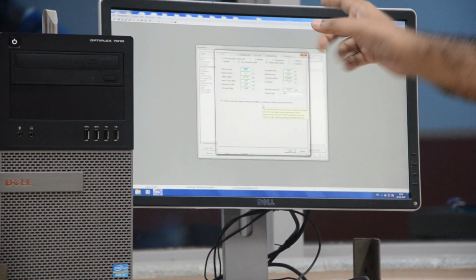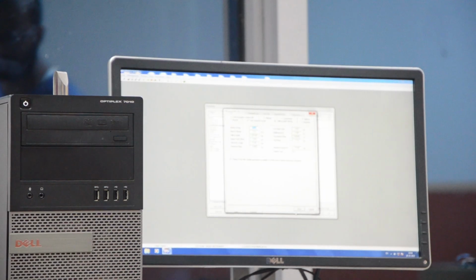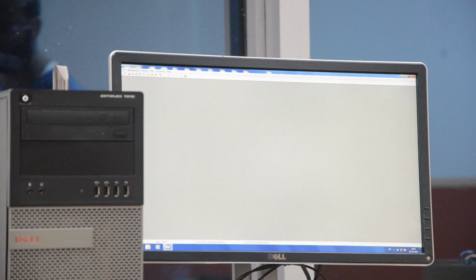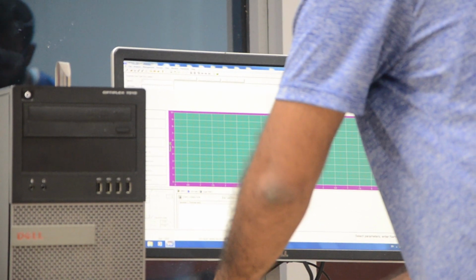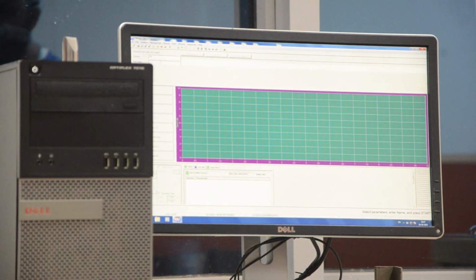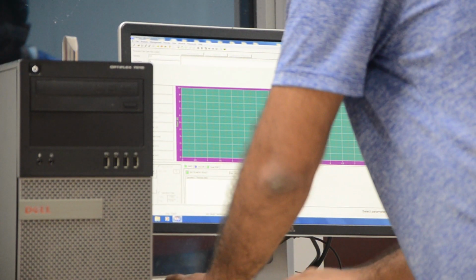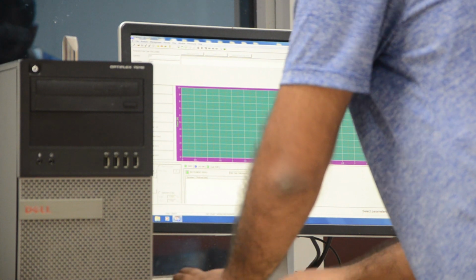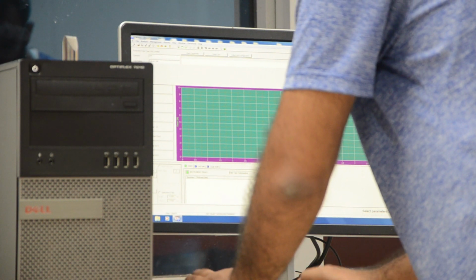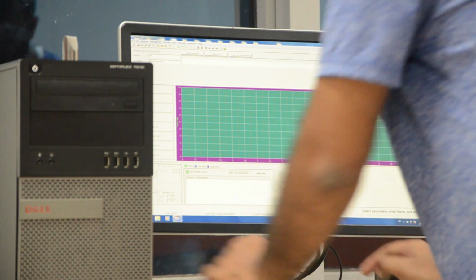I am just going to give the energy. I have given 15 joules of energy, I am going to save it. Okay. Then I am going to process, test acquisition. It will ask for the operator, that is Deepak Maurya, natural composites.